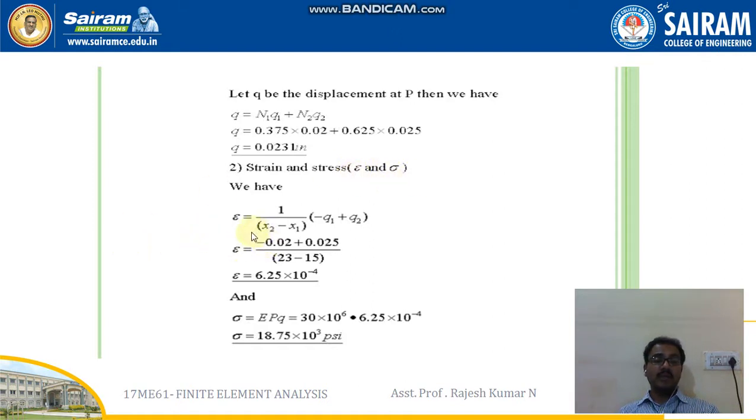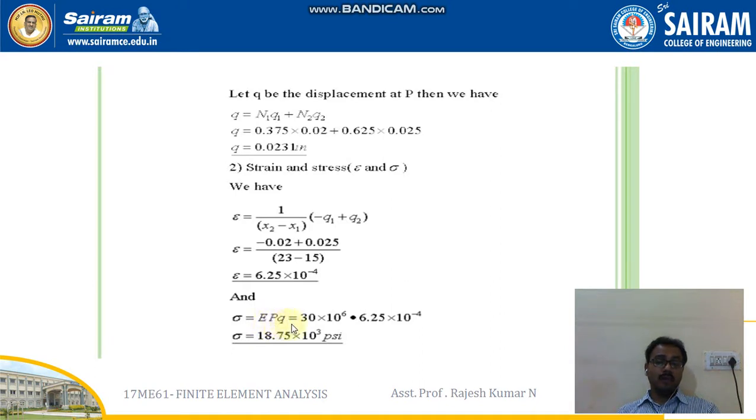Strain can be calculated by using the formula 1 by (x2 minus x1) times (minus q1 plus q2). It's a common formula we can use element-wise. I know x2 and x1, and I know q1 and q2, so I can easily find the strain, and it is a unitless quantity. So 6.25 into 10 power minus 4 is the strain value, and the stress value is Young's modulus into P